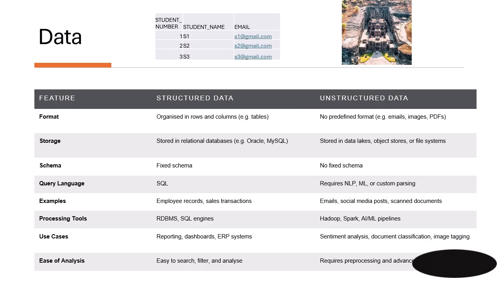Some examples of structured data are employee records and sales transactions. If you take any ERP system, for example, your university student management system, you have a student table, staff table, courses table, buildings table. All are defined in one schema, and there are relations between all of these. That's a very good example of relational data, how it's linked, etc.